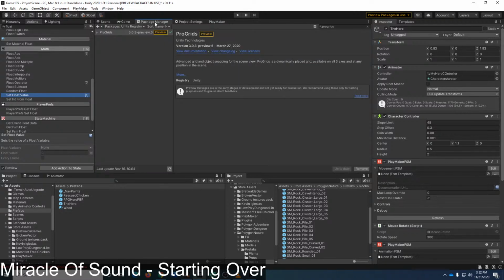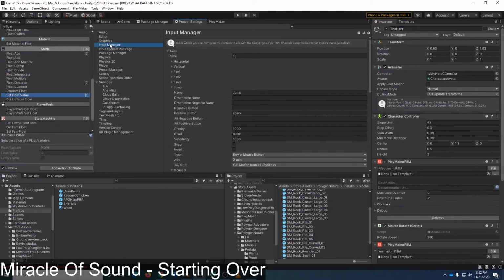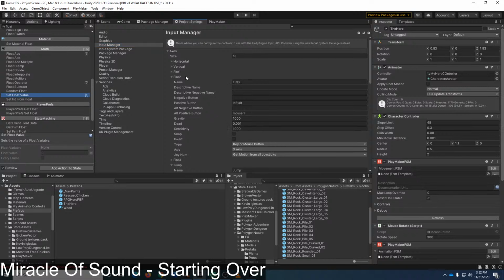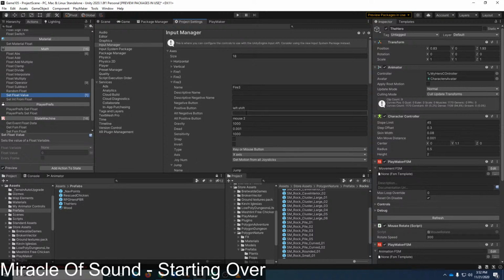Let's go into, not package manager, project settings, input manager. Fire 2, Fire 3 is bound to left shift. Let's rename this to Sprint. Left shift, mouse 2.